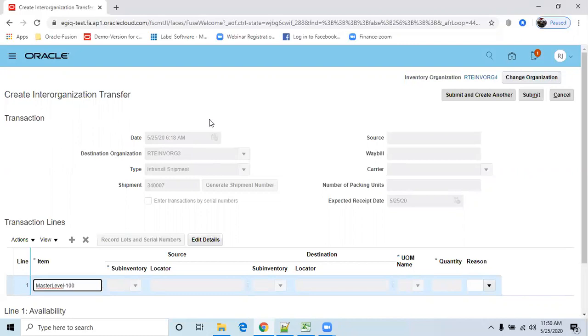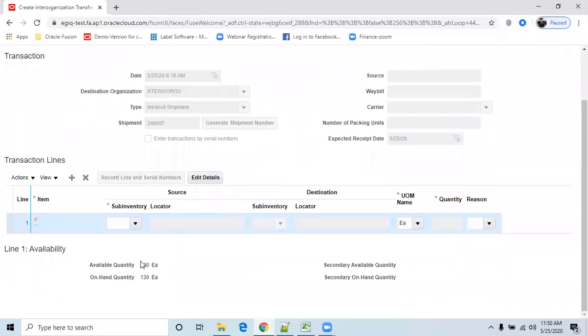So we have to restrict inventory for this item and add that item into that inventory, right? Yeah, two inventories, source and destination. Now I selected the item. Now the source subinventory. Here the available quantity is showing as 130, organization-wise.